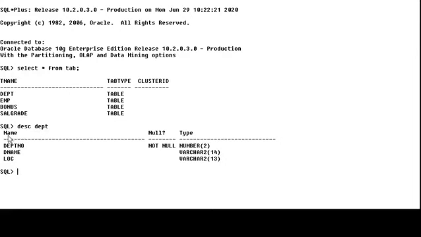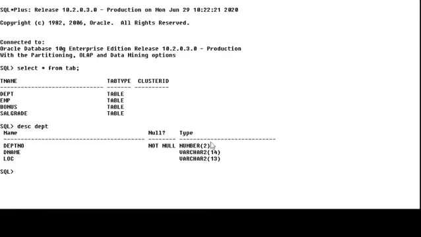Now it shows Name, which is the name of the column. Null means it's a constraint. We can understand this constraint in a later chapter. And Type tells which type of data can be held in a particular column.